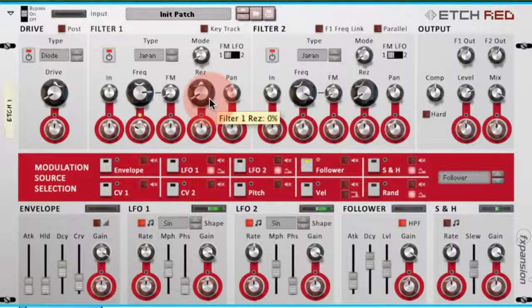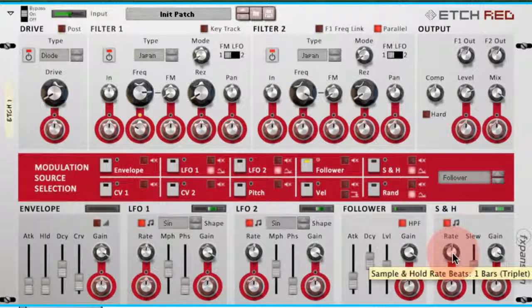Now to make things interesting, let's do something with filter 2. I'm going to put filter 2 in parallel mode, and we're going to use the sample and hold modulation source to create a bit of random tempo synced interest into the pad. I'm going to set the rate to about 1/8 of a bar,